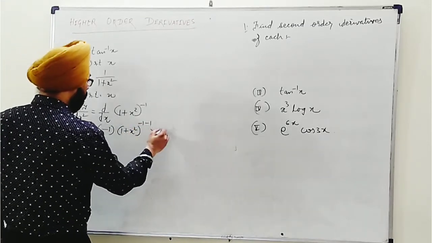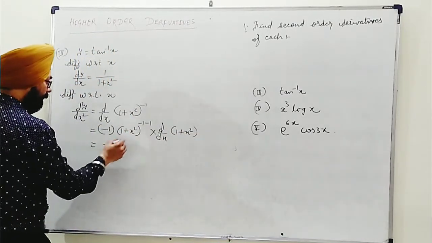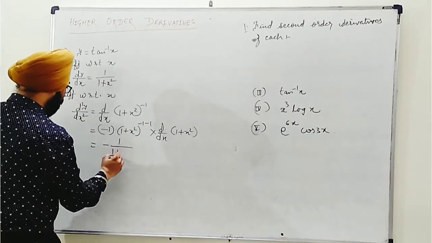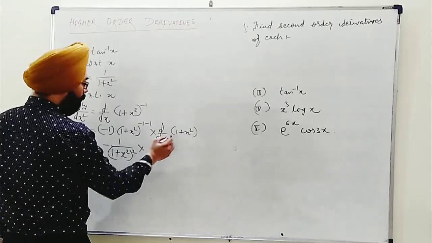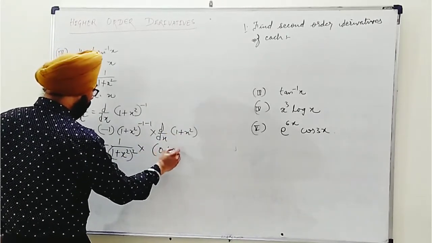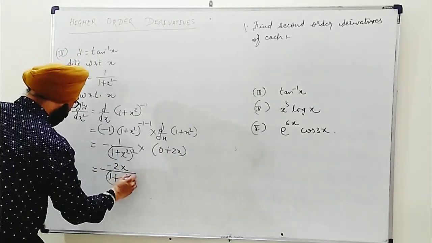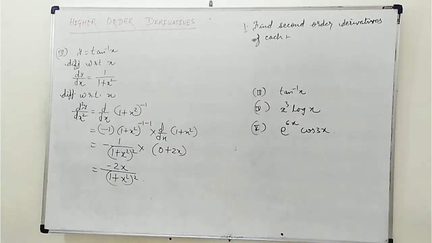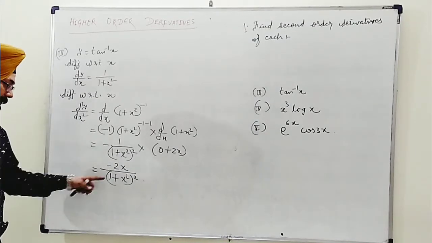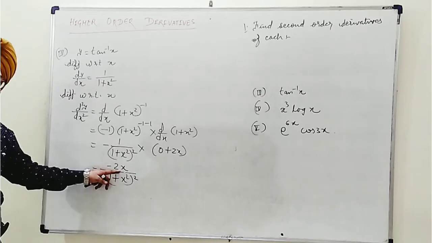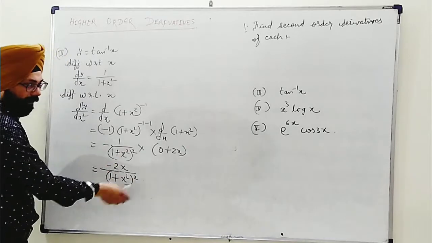By chain rule, this will become d by dx of 1 plus x square. We have done power first, so this becomes minus, this will become minus 2. So 1 upon 1 plus x square, it converts whole square into 1 plus x square. So here we get 0 as being constant and x square becomes 2x. So finally we have minus 2x upon 1 plus x square whole square. This is the second order. If more we have to do, suppose third order we have to do, in that case we see that x is available in both cases, so compulsorily we have to apply quotient rule. One more option, product rule also can be done if it is taken in numerator.